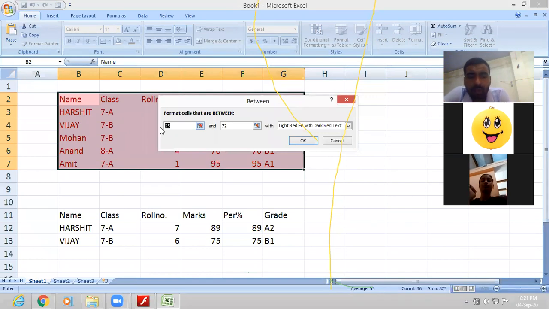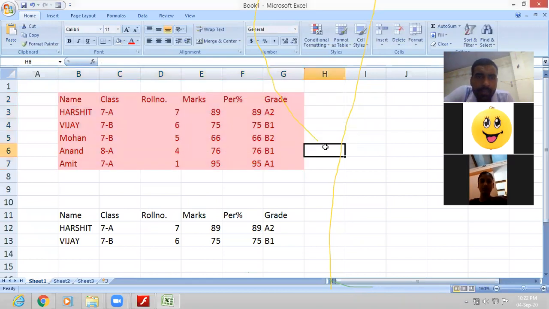Let us select 70 to 90. Then click on OK. So as you can see here, all the cells are formatted. Sometimes it does not accept.